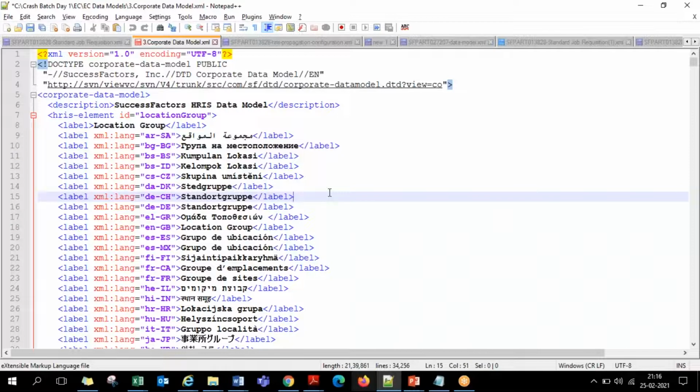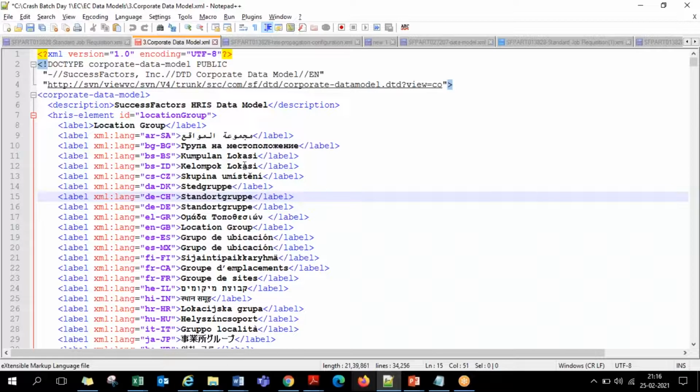Basically, you're not supposed to do any tough things here in terms of coding. As I told you at the end of yesterday's session, we have a front-end screen for any modifications on this succession data model contents. So without touching the XML, you can handle it on the front end. But for the benefit, it is important to have knowledge of the EC XML files, the way they are structured and all. So I'll just give you a recap of what we discussed yesterday, and then we'll move on.